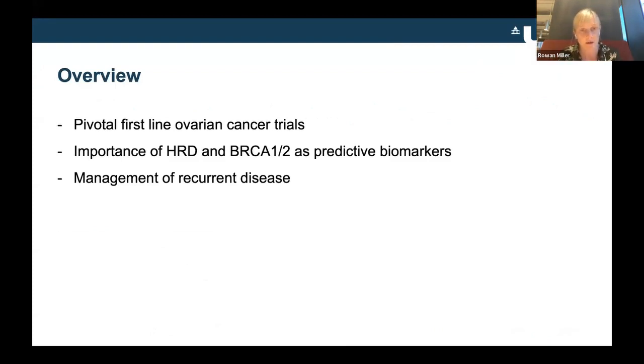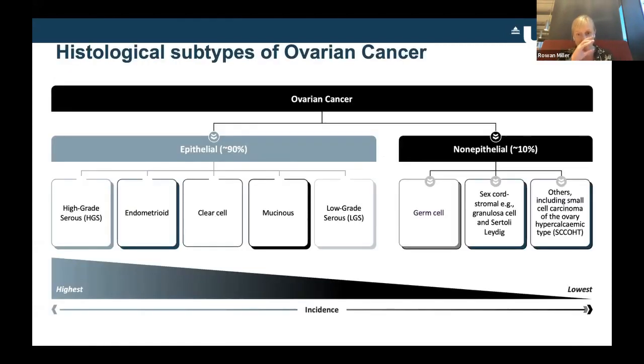In order to understand that, we need to know the background and the relevance of both HRD, or homologous recombination deficiency, testing and BRCA as predictive biomarkers. At the end, I'll touch briefly on the management of recurrent disease, but that's really a whole lecture in itself. So I think you may have seen something like this from Michelle before,